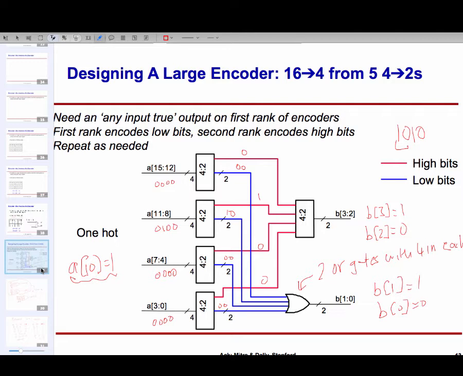the output value on B will always be 0, 0, and then some value, right? Because this is going from 0 through 3. So the output values can be 0, 0, 0, 0, 0, 0, 0, 1, 0, 0, 1, 0, 0, 0, 1, 1. So the upper two bits of B will be 0, 0 whenever one of A0 through A3 was high. If one of the bits A4 through A7 was high, what would be the upper two bits of B?